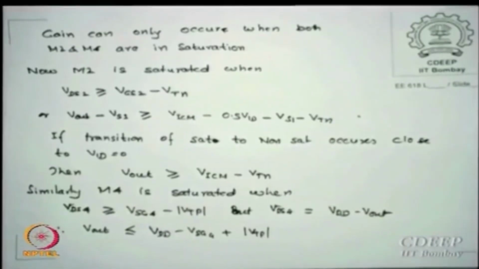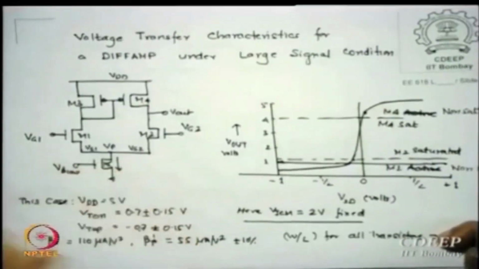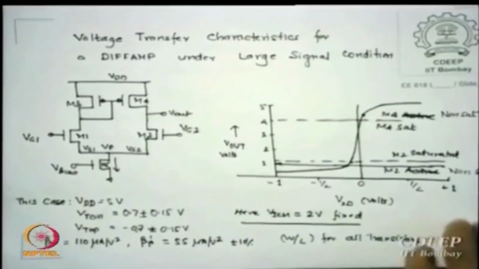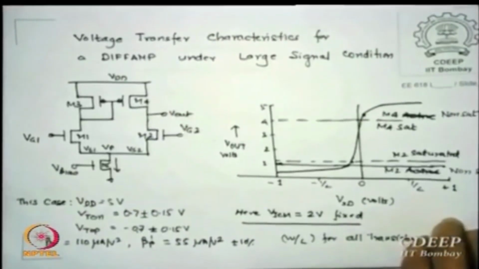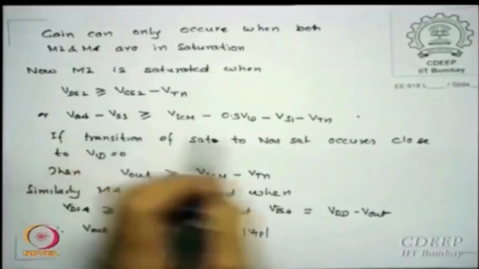We would say if VDS for the M2 transistor is to be in saturation, VDS2, which is the drain to source voltage of that transistor, should be larger than or equal to VGS2 minus VTN. This is straightforward transistor theory. However, if you look at VDS2, it is nothing but this voltage minus VS, call it VS2, though they are equal, these are voltages at the source, which are grounded, but let us put them there. So VDS2 is V out minus VS1,